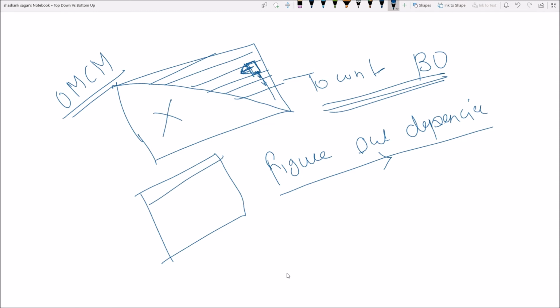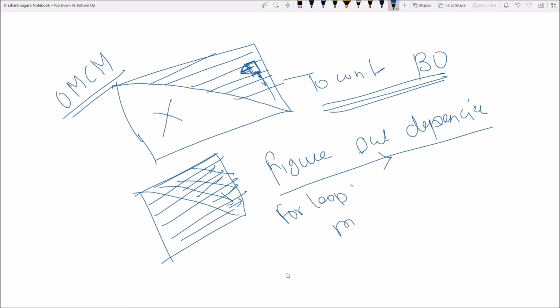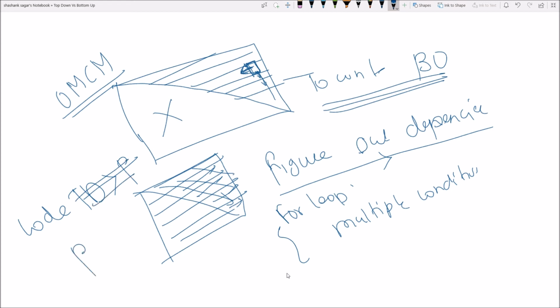For example, in case of optimal matrix chain multiplication, you can fill your table like this, like this. So there are multiple approaches to fill your table, and based on that you will write a for loop, and inside the for loop you may have to write multiple conditions. So code writing in bottom-up is hard compared to top-down. So this is the code.